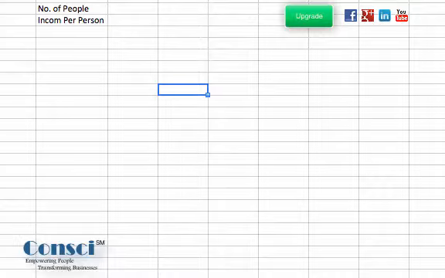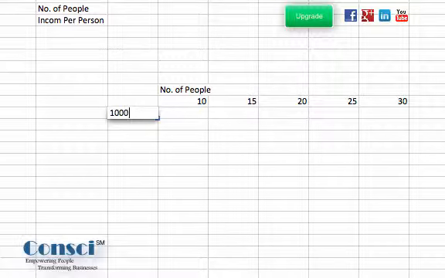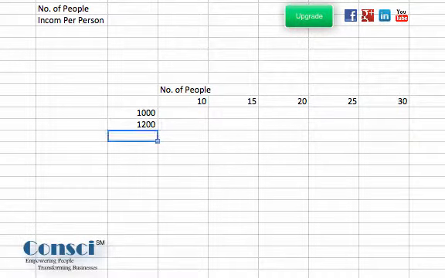Let us say we organize the sample set of data points in this order: 10, 15, 20, 25, 30, and here 1000, 200, 1500, 800, and